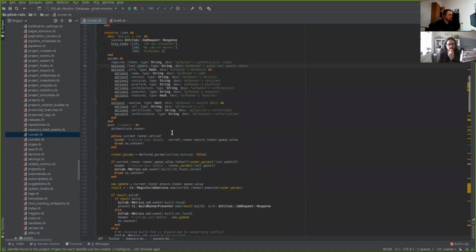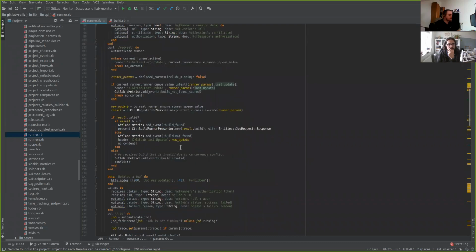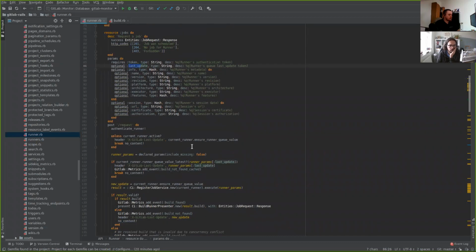You can find where this last update is used here in this endpoint. You can look a little through GitLab Workhorse. If you need help, we can just jump to this together and go through Workhorse code to see how the API is configured. For now, let's just know that on the GitLab Rails and GitLab Workhorse side, we are limiting the number of requests and queuing them a little to make the database and the system less hammered